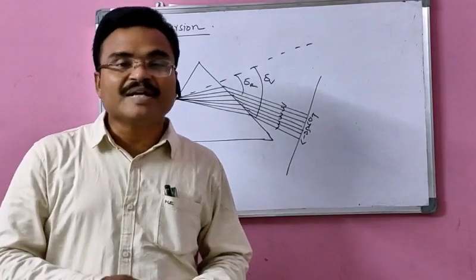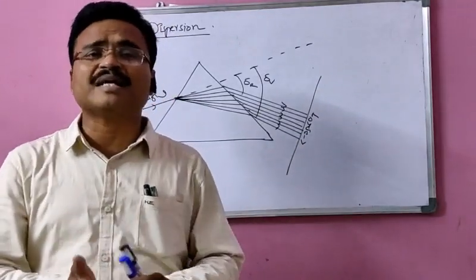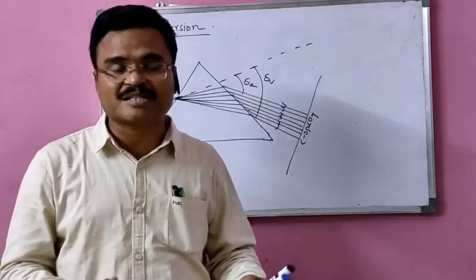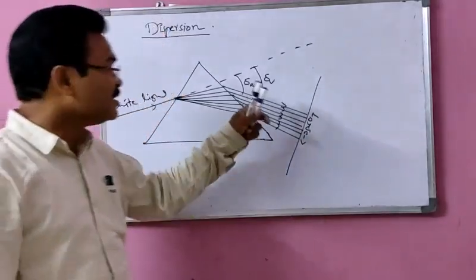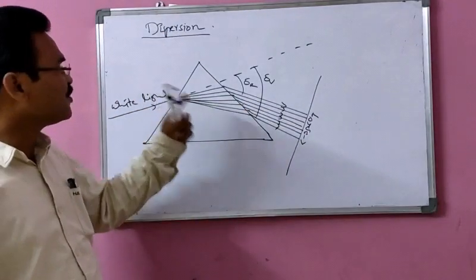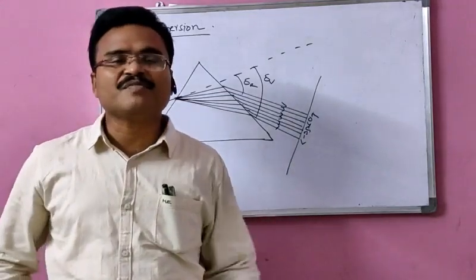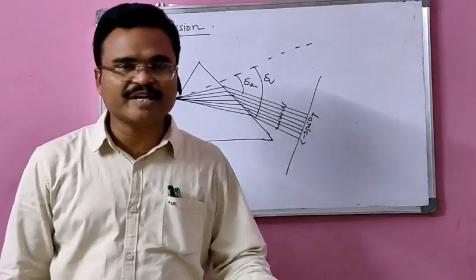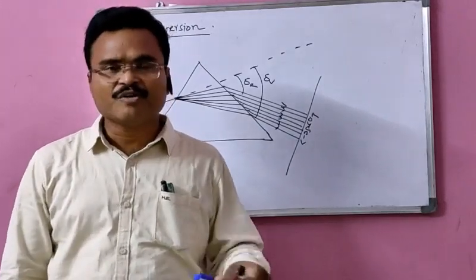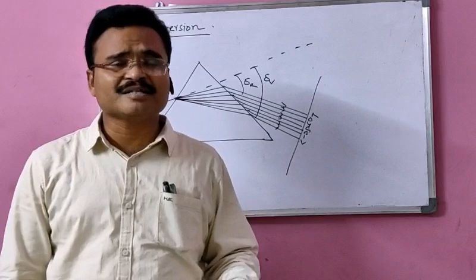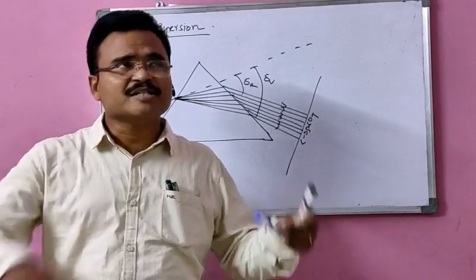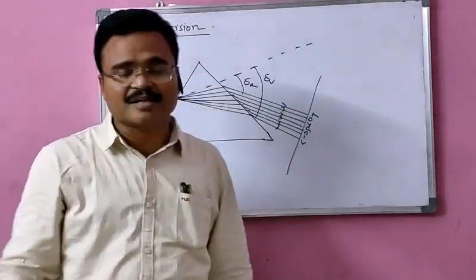It consists of wavelengths ranging from 4000 angstrom to 7000 angstroms. And because of that, this is occurring here. So this phenomenon is called what? Dispersion. And the best example for dispersion is the formation of a rainbow after the rain. Once the rain occurs, what happens? You can see a beautiful colored pattern in the sky.